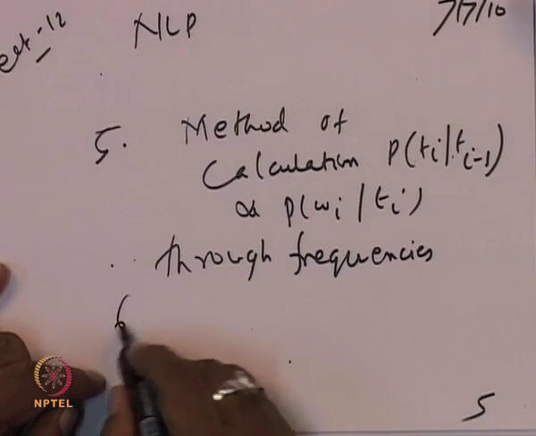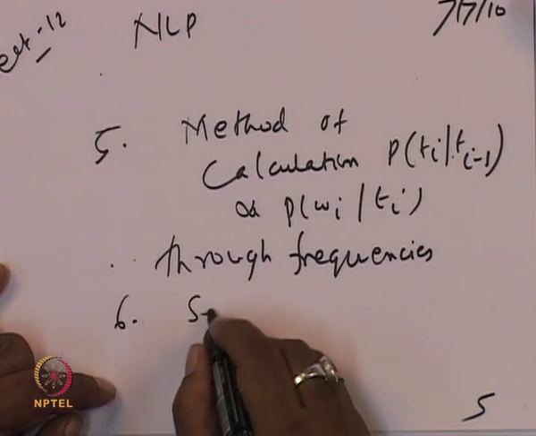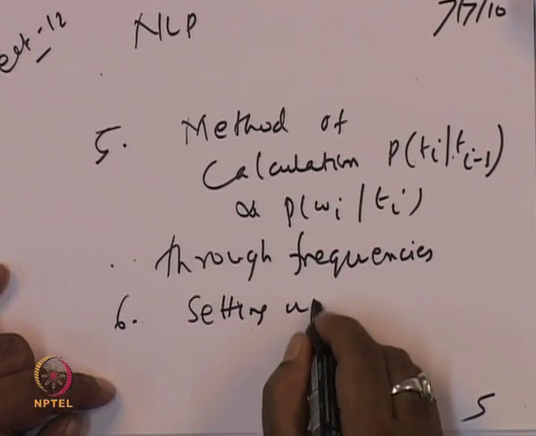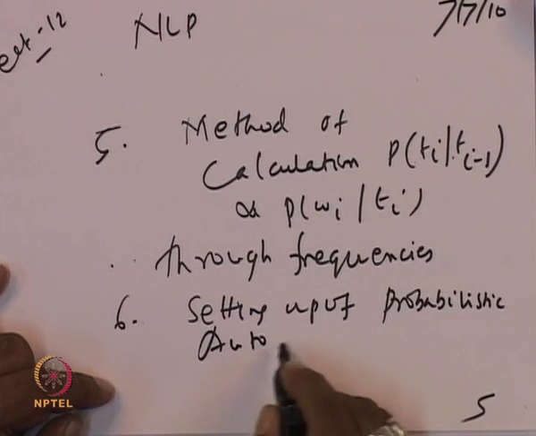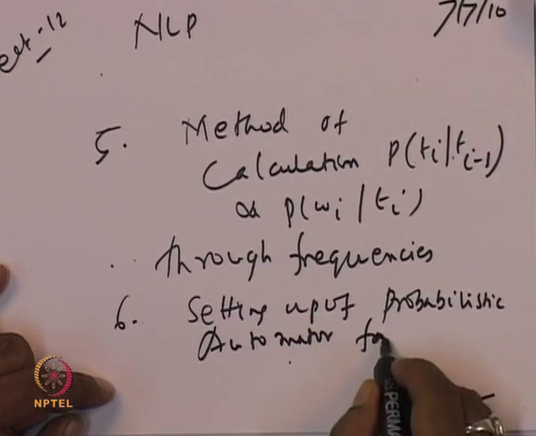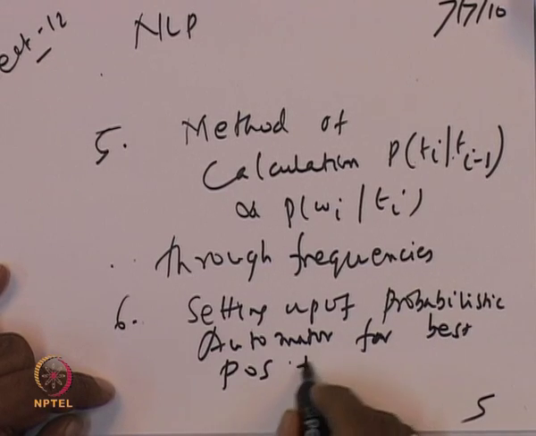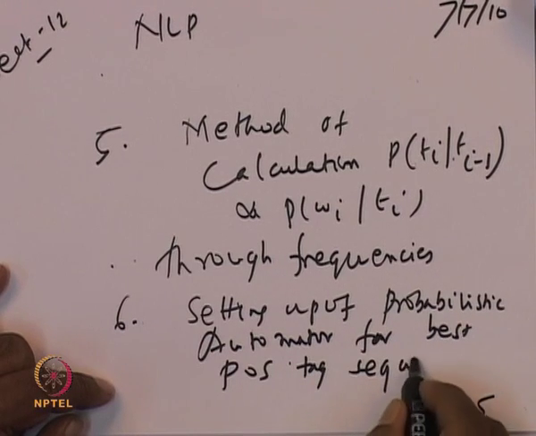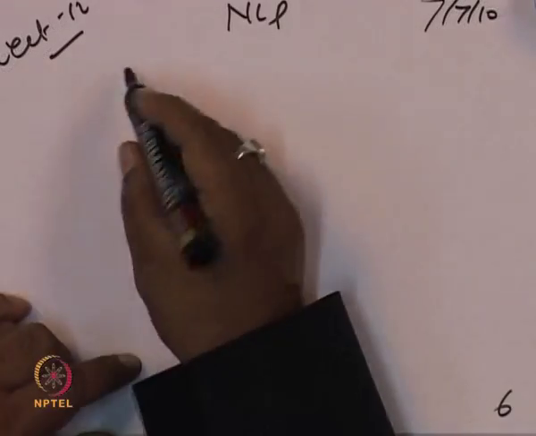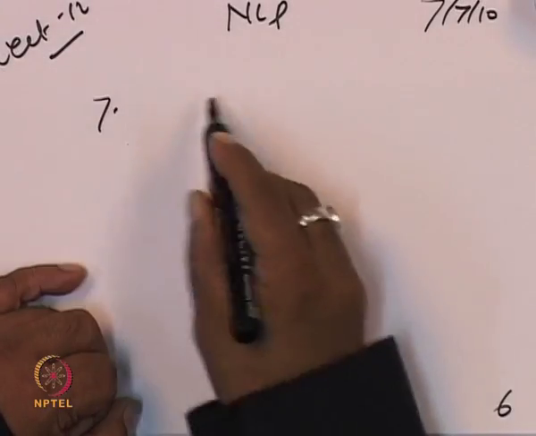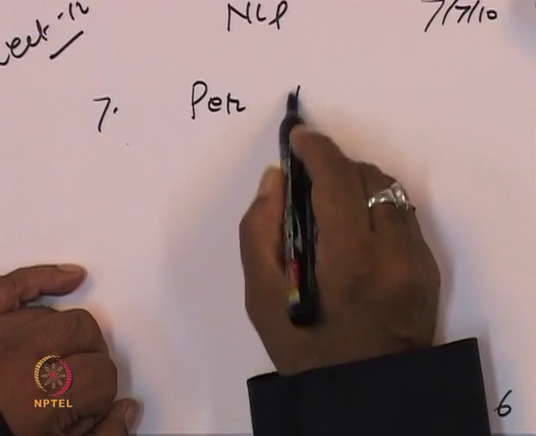Then we did in the last class the setting up of a probabilistic automaton for the best POS tag sequence. Okay. Then we have also done today two very important things, which is we have discussed per POS accuracy,